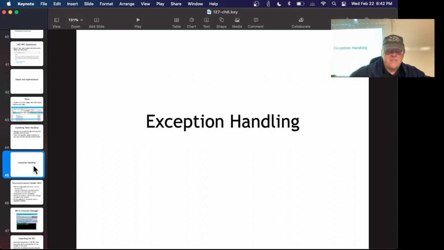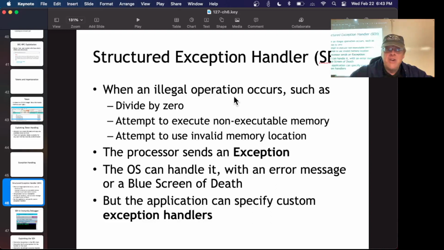All right. And then there's exceptions. If you have something wrong in your program, like it tries to divide by 0, or it attempts to execute non-executable memory, or it attempts to execute code or access code in a memory location that is not allocated for the use of that process, then you have an illegal instruction, and that raises an exception, which is a flag for the processor saying stop processing and go do something else. It then tries to handle the